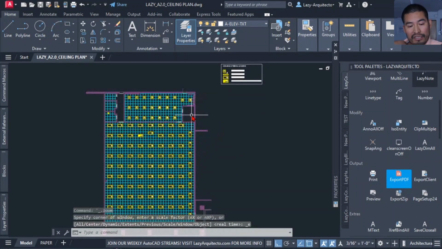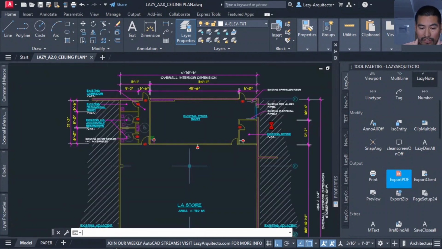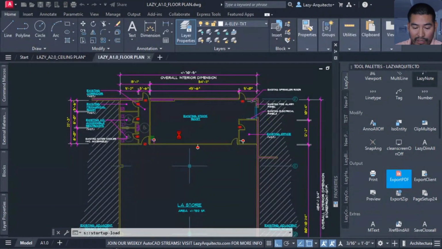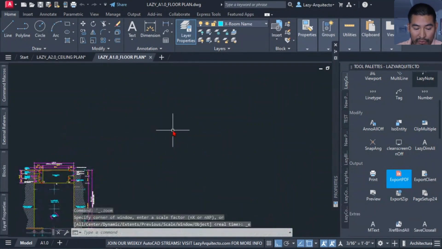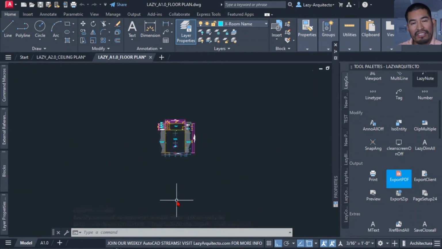maybe zoom extend correctly? So for instance, let's see if I can open another file right here, my floor plan. So I'm going to open a new file again, and look what happened with this file when I zoom extend by double clicking on my middle mouse wheel. Do you see that? There has to be something around here, maybe a small or tiny point again that is not showing up, and the lazy all on command will need to have something in there